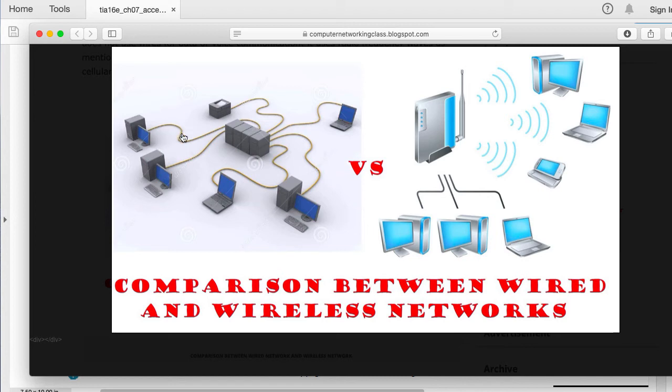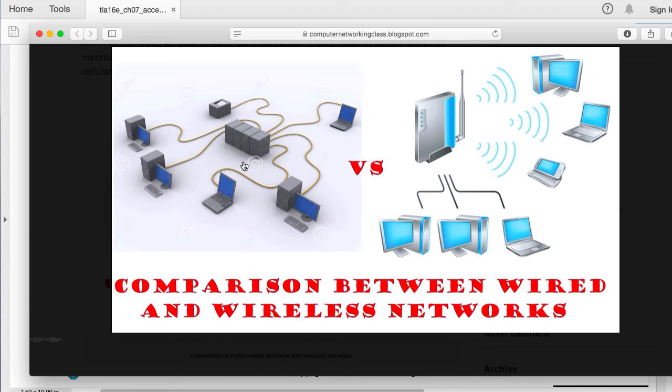Well, if you have a wired communication, the data is being transmitted through what is called a guided media. And here you're using a non-guided or unguided media, right? Well, you can see that this has a lot to do with security, right? First of all, security.